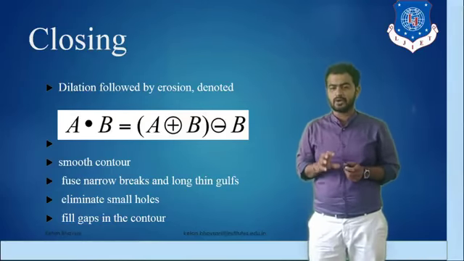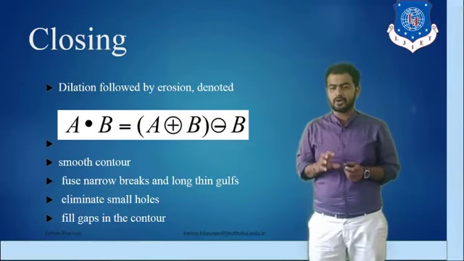Okay, now we are talking about the properties. As you can see, in opening we have the properties: A opening B is a subset of A. If C is a subset of D, then C opening B is a subset of D opening B. And A opening B opening B is equal to A opening B. This is the property for opening in terms of mathematical representation, and similarly for closing,